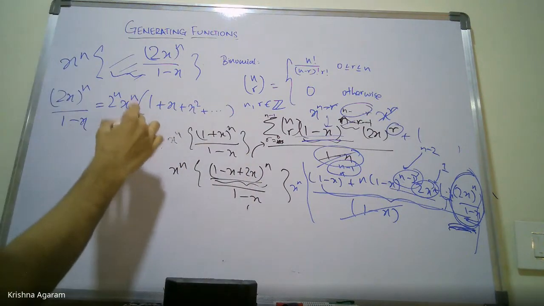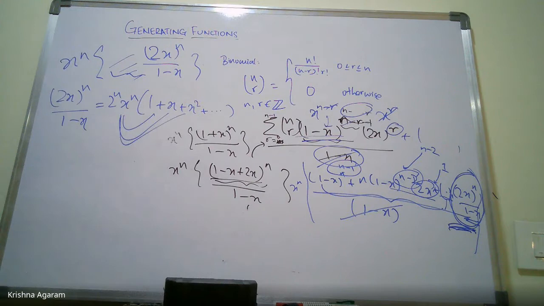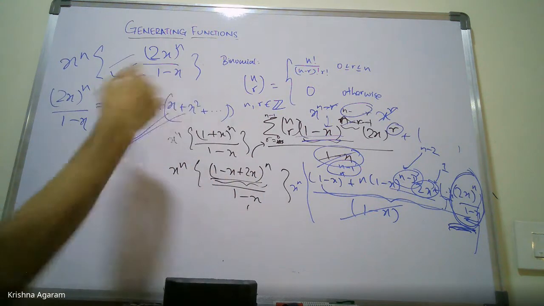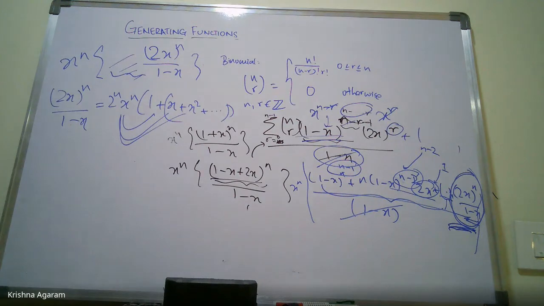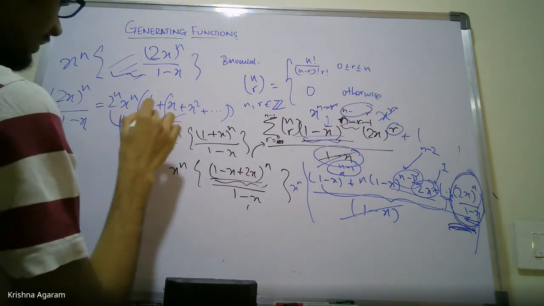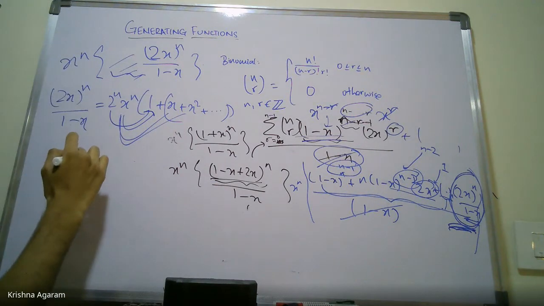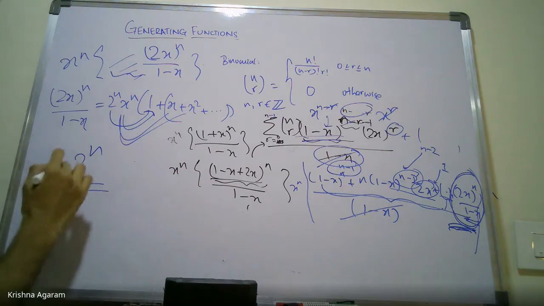Right? So x to the n multiplies with all of these, and all others from this term onwards, when you multiply, you get x to the n plus 1, n plus 2, and so on. And the only x to the n term is this 2 to the n x to the n. So the coefficient of x to the n is just the thing in front of that, which is 2 to the n, and so our summation is 2 to the n.